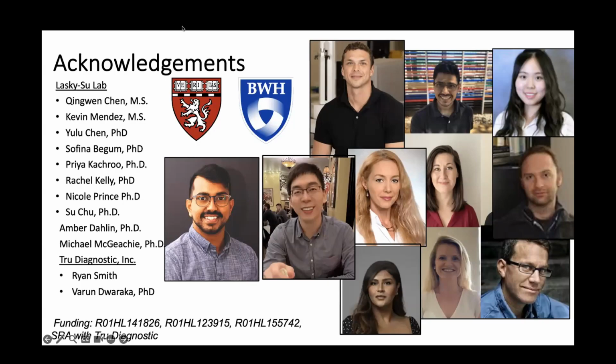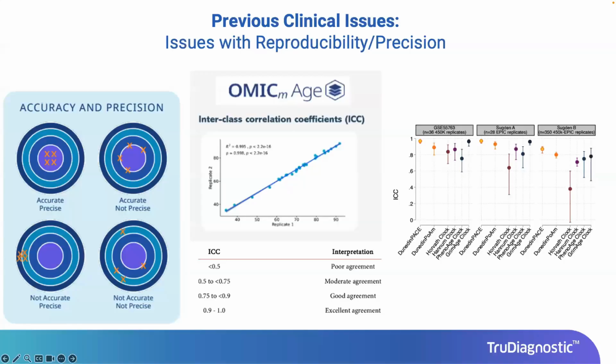As we're talking right now, I just want to talk about this precision. We want to get the exact same score. With previous clocks, we could get up to 50% differences in these epigenetic clocks, which makes it virtually impossible to use on an individual level within a period of a couple of years. Some of these early clocks could vary by up to 3.9 years for each sample, meaning that if you're testing